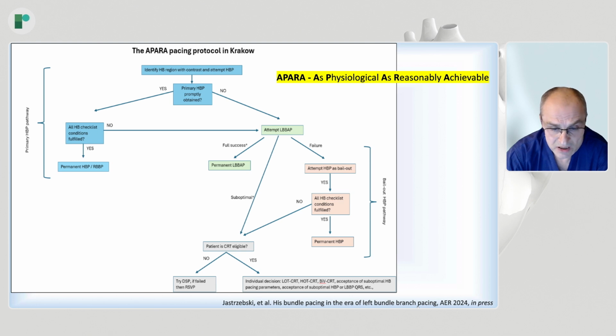If it's not successful, then you may go to the right side of the algorithm, that is the bailout His bundle pacing pathway, which means that if your His bundle attempt was not successful when you tried it for 1 or 2 minutes, it might be successful when you spend 10 minutes on it. So this is a bailout His bundle pathway once the left bundle branch approach is difficult. So this is our APARA approach, and to show you how it works in real life, I decided to present